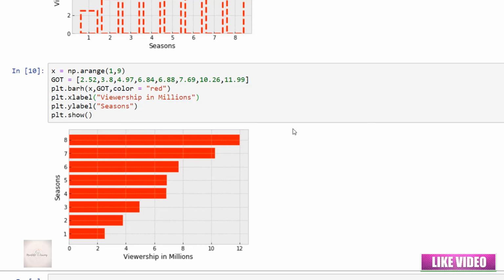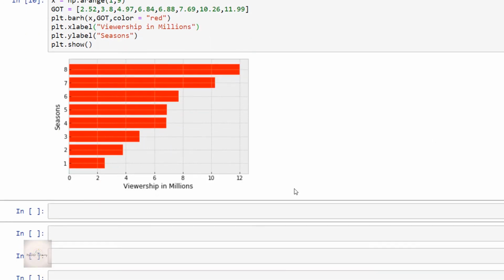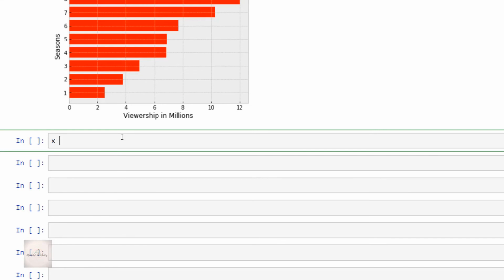So guys, now let's do one thing. This time let's take up 2 TV series for the comparison of viewership in respective seasons. The 2 TV series we are considering here are Game of Thrones and the Big Bang Theory. So let's start our coding here. I'll start creating the data as x is equal to np.arange of 1, 9.